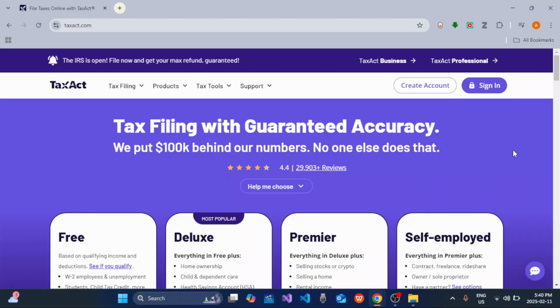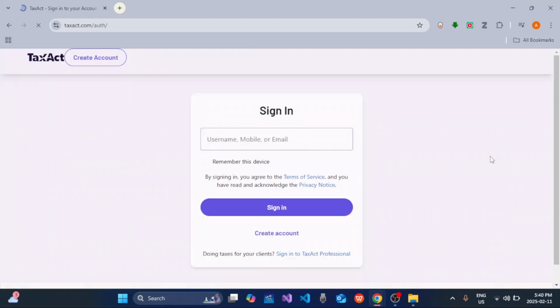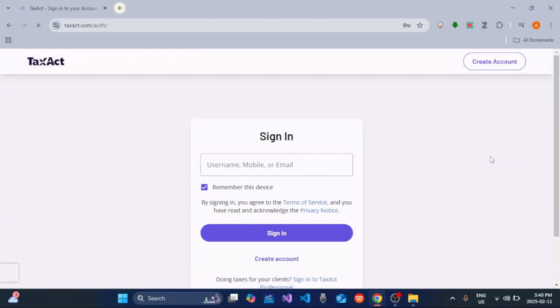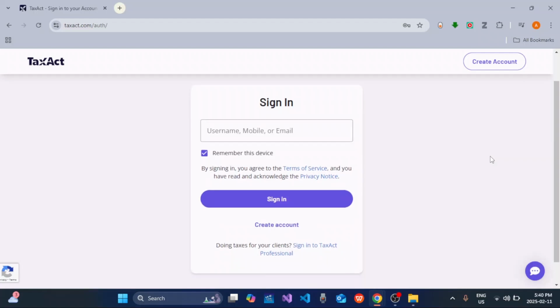To sign in or log in into TaxAct account, first make sure you have already created an account. If not, you can click on create account button and sign up. So now click on sign in button. Here you will land on the sign in section where you have to enter your credential like your username, mobile